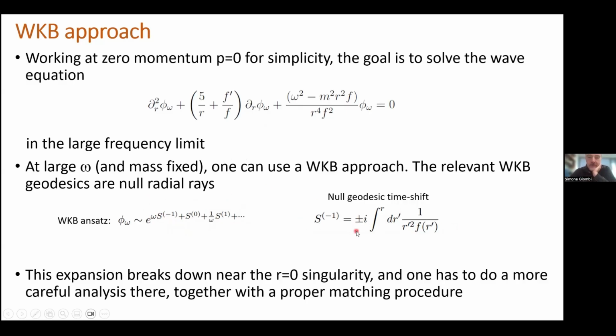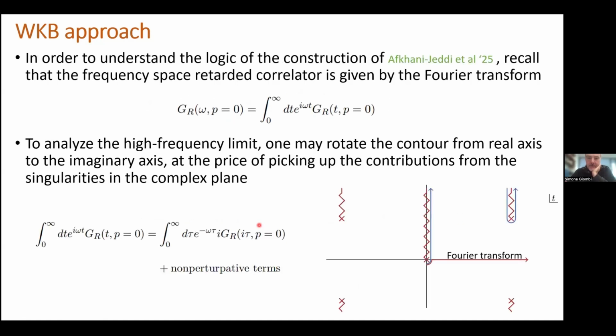So this is qualitatively roughly the idea, but in practice, as I said before, this WKB ansatz really breaks down near the singularity, and one has to do a more precise analysis there. Okay. So I'm going to try to go over the logic of their paper. As I said, it's a little bit complicated, so I'm not sure if I will succeed in explaining everything. But let me try to summarize the main points of the logic that they have, because it's somewhat indirect, and